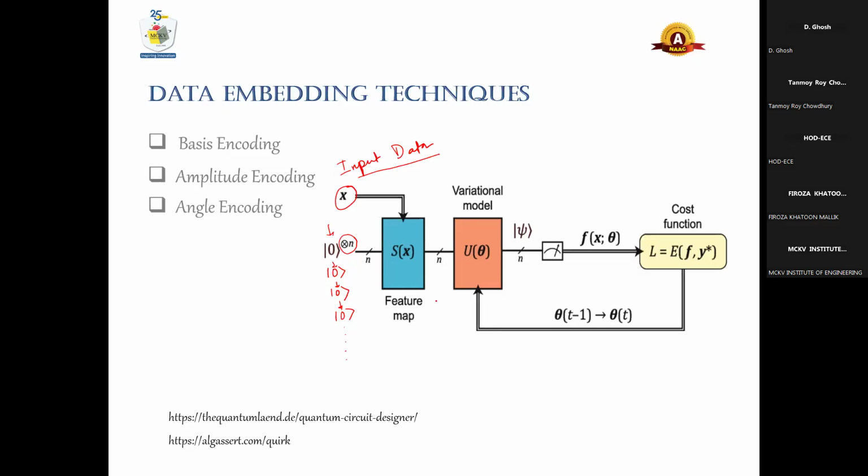And we have this feature map. What does this feature map do? This is the way to encode the data. So I'm going to deal with that today. I'm going to tell you how to encode the data. So you input the data and you encode the data. This is the S(x). This is the feature map by which you encode the data into your qubits. And then you have the variational model where you have the parameters theta, which you can tune in order to